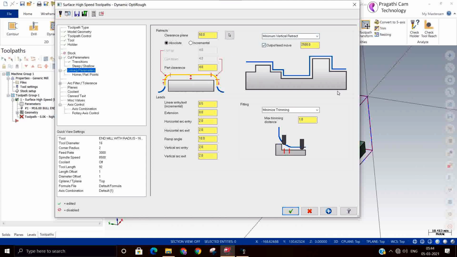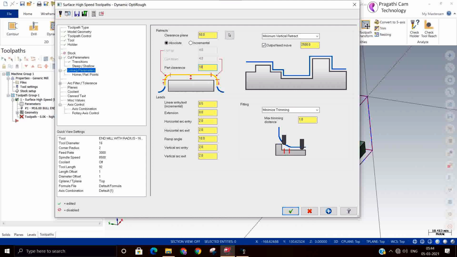There is no big difference between G00 or G01, because the feed rate is high here. You can see part clearance, how much above the part the tool has to move. Suppose the tool moves from one place to another, it will just lift 10 mm and move to the next place.